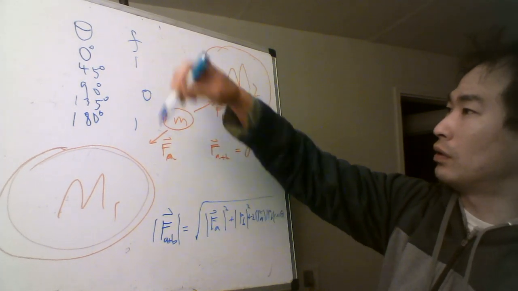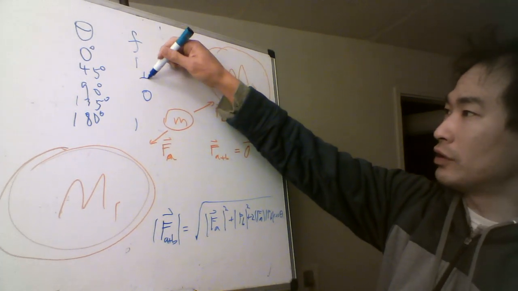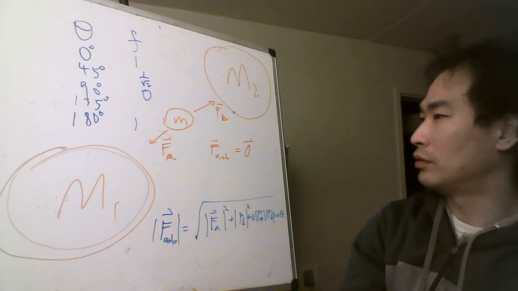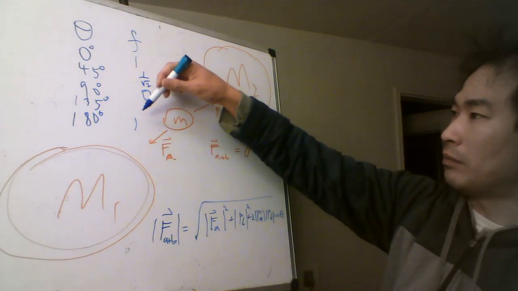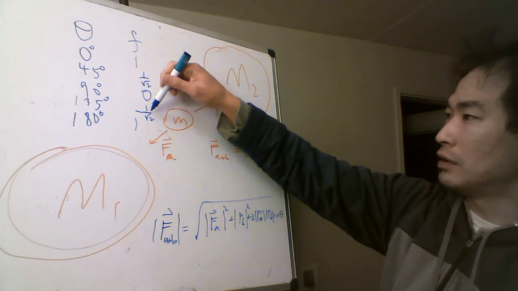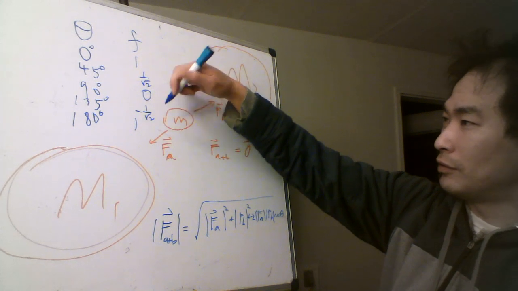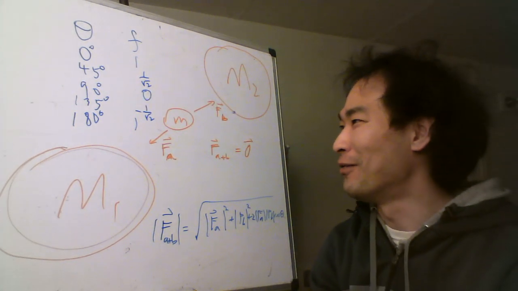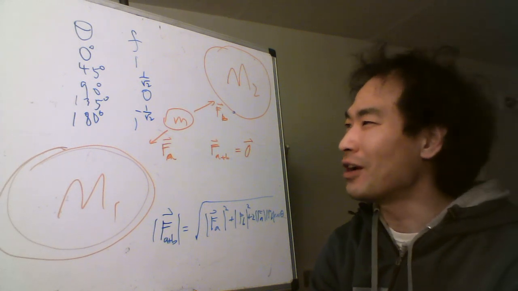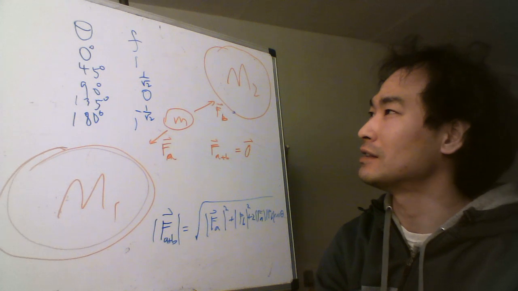Zero. 1 over square root of 2. And minus 1 over square root of 2. Minus 1 over square root of 2. Something like this. It's just something that looks like cosine theta, but not exactly, because